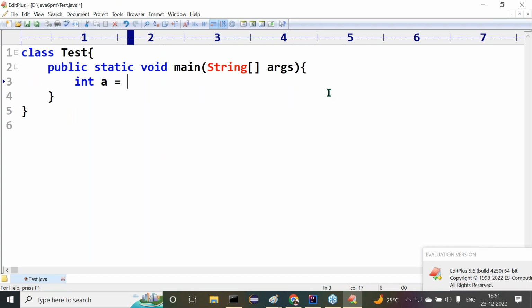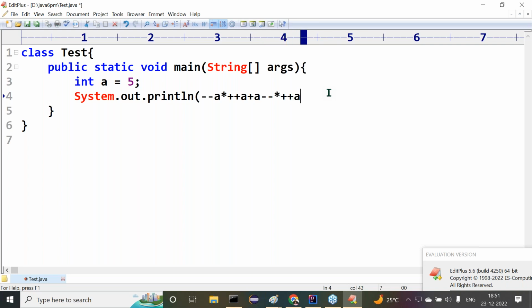int a = 5; System.out.println(--a * ++a + a-- * ++a);